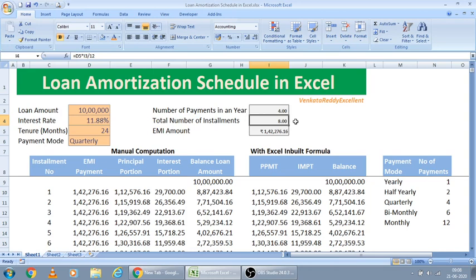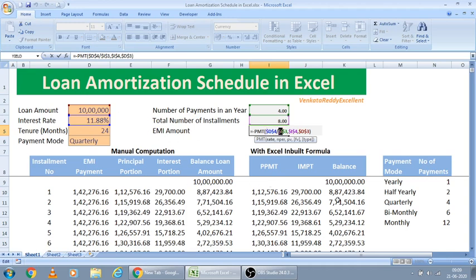Based on these inputs, in the beginning I am computing the EMI amount. EMI means per installment how much amount we are going to pay. In the formula, I am putting a minus symbol because PMT shows a negative number, since it's an outflow for us. To negate that I am adding one more minus in the beginning. The formula is PMT, rate. Rate is the per annum rate, D4,